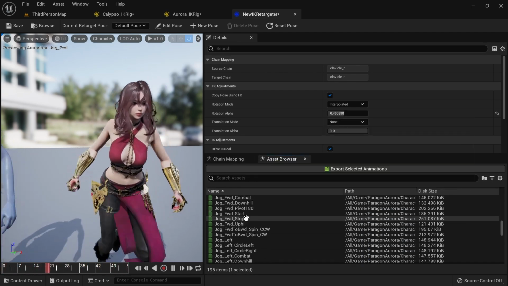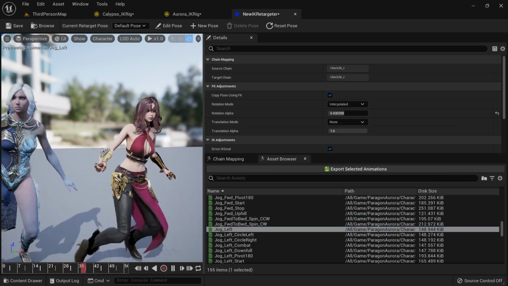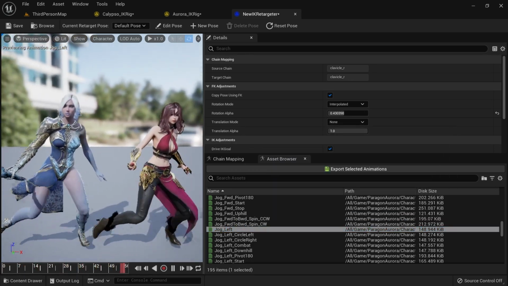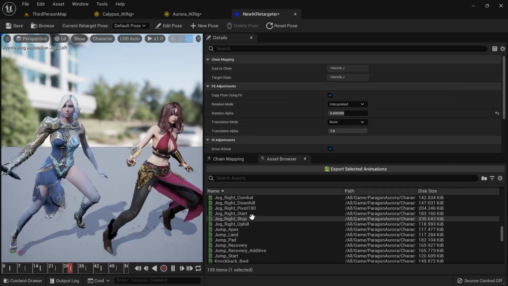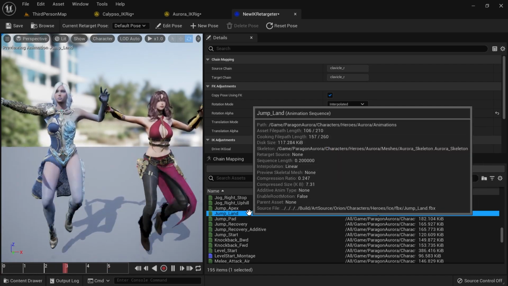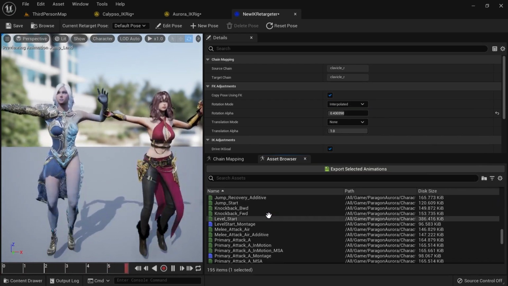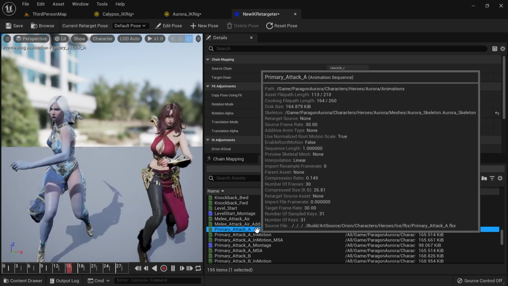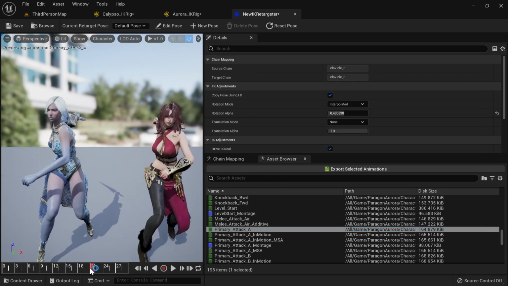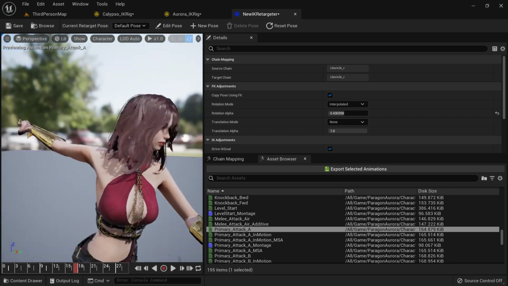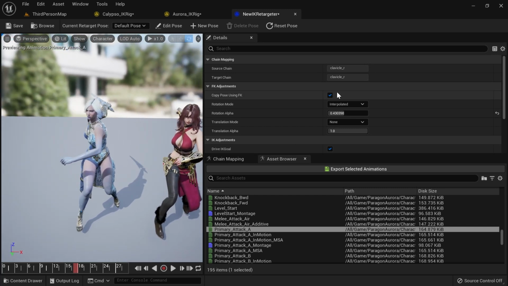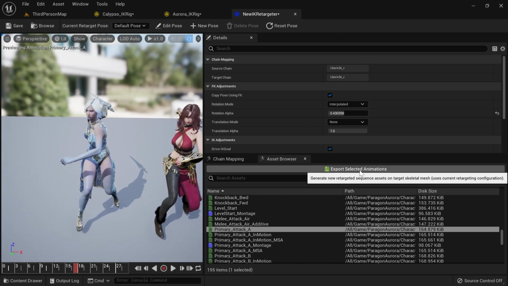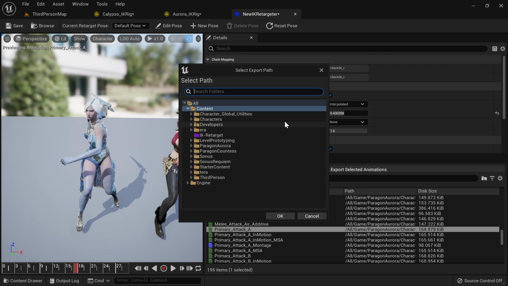What about some more animation like jog left? Okay. What about jump land? Well, I don't think we can do much with that. But yeah, I think this is it. So yeah. Okay, so the next step and the last step for this is just to click on export selected animations. You click on that, we just pick a folder,